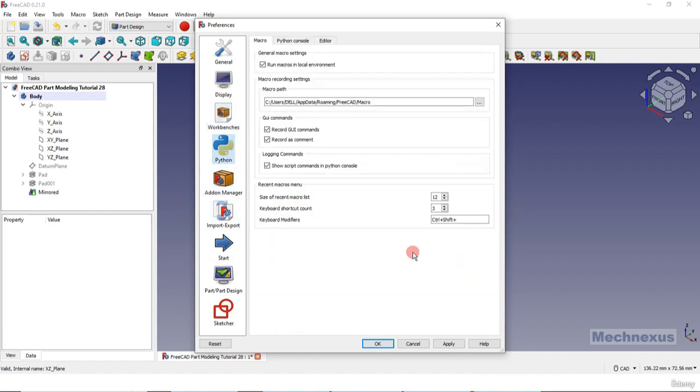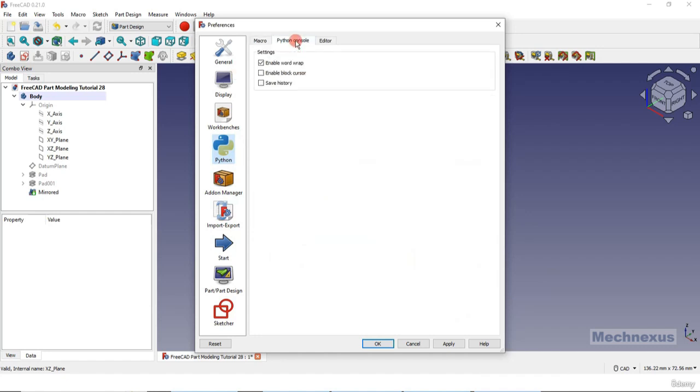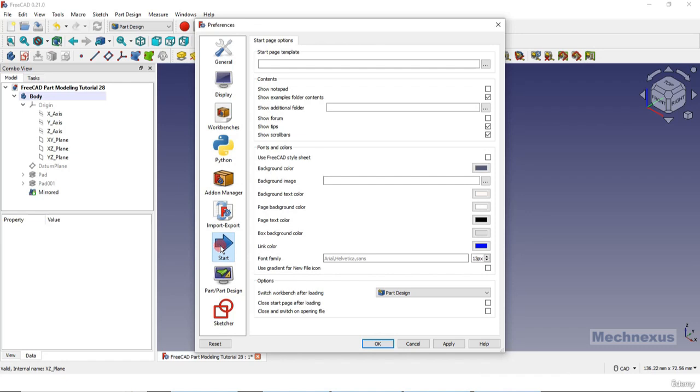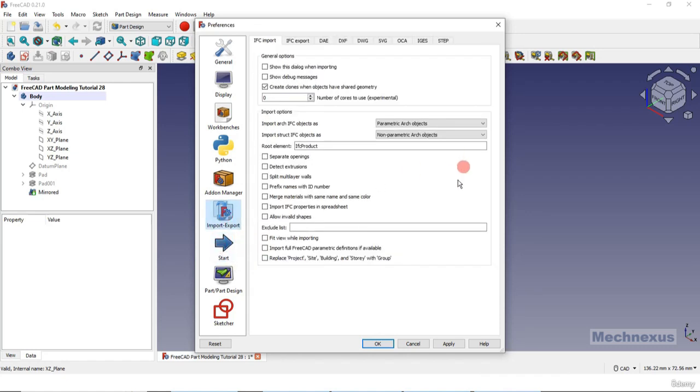Then here is the Python module. If you are a Python expert, then you can go for these options, Python. Then add-on manager, keep setting as default, and from export and import,